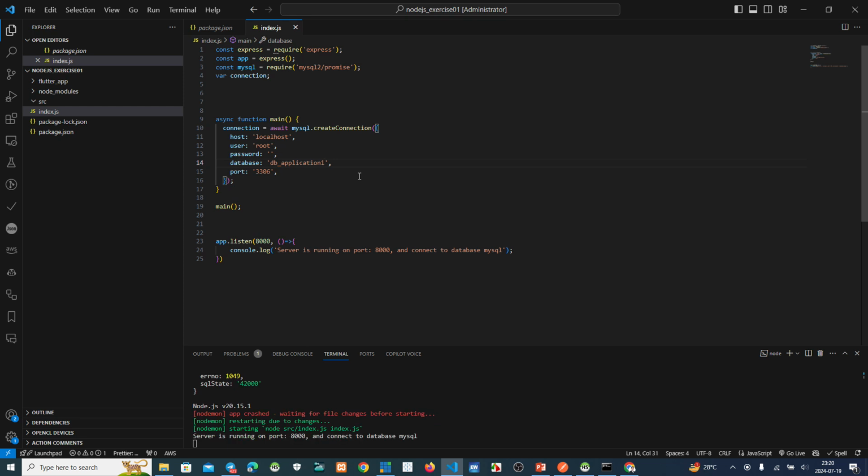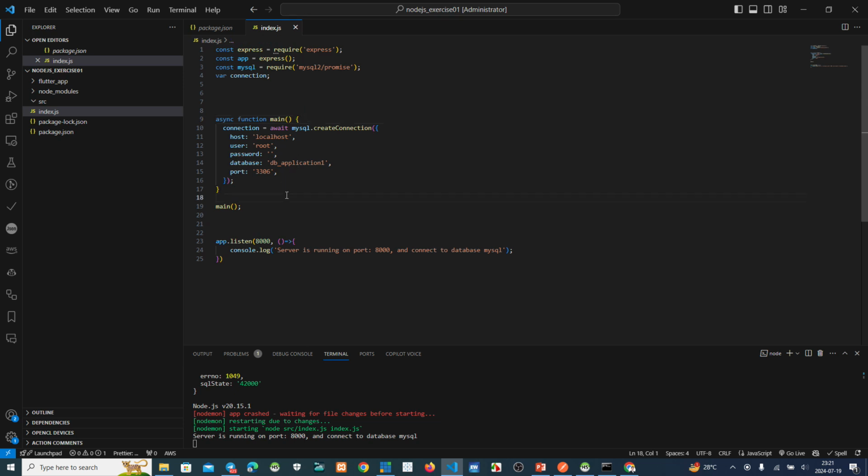Now we want to query data from the database. This is the connection to the database.